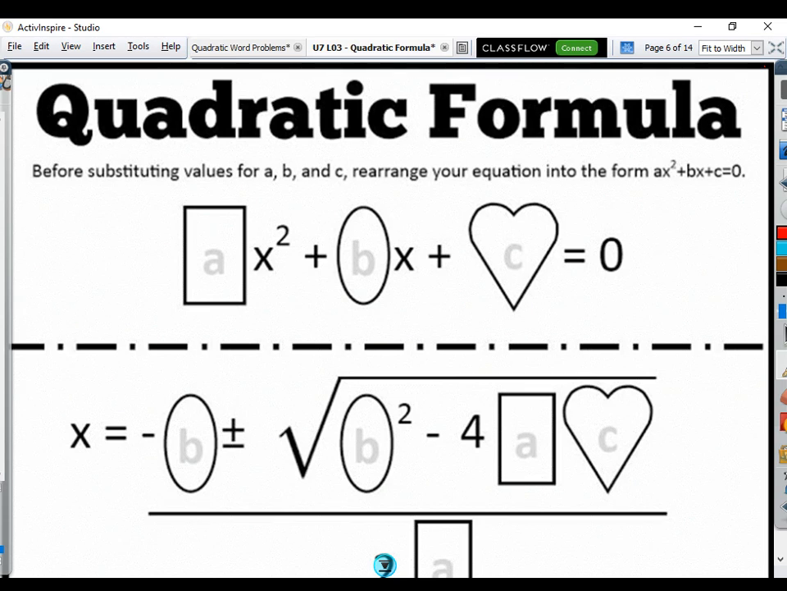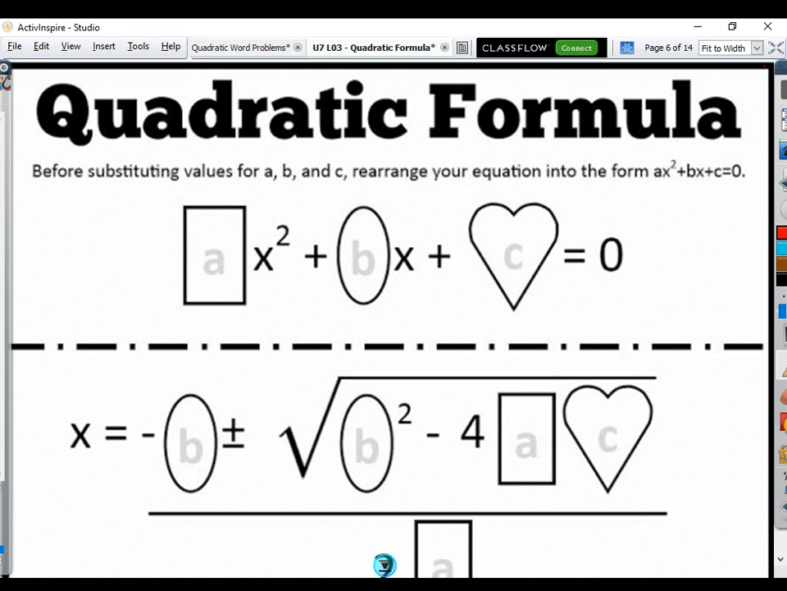For some people, they love it because it works every single time. There's no time it doesn't work. It just works, and you'll use it this year. You'll use it next year. You'll use it a lot. But others don't like it just because sometimes they forget where different pieces go, and it kind of